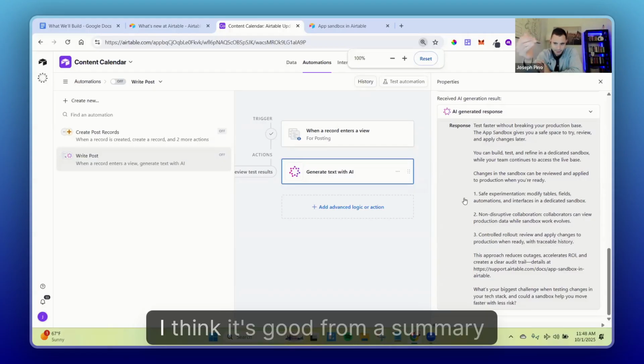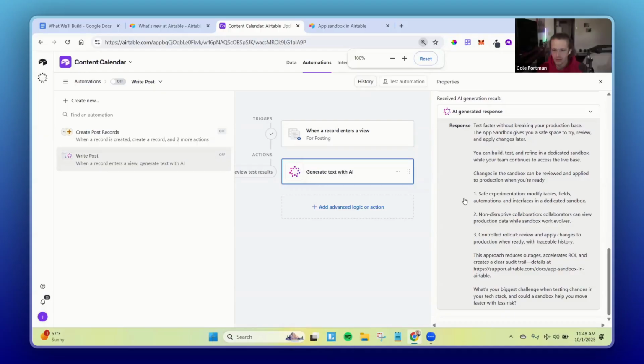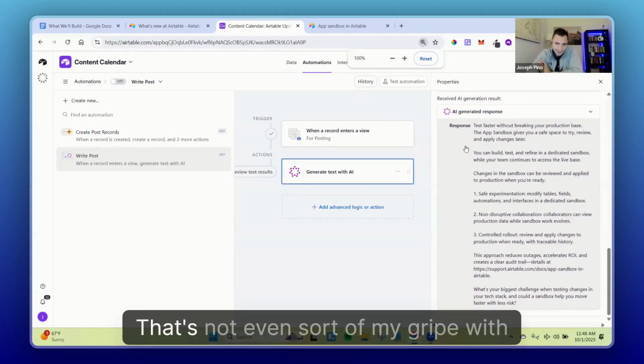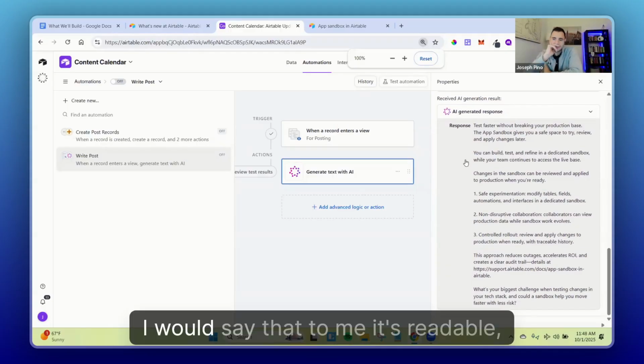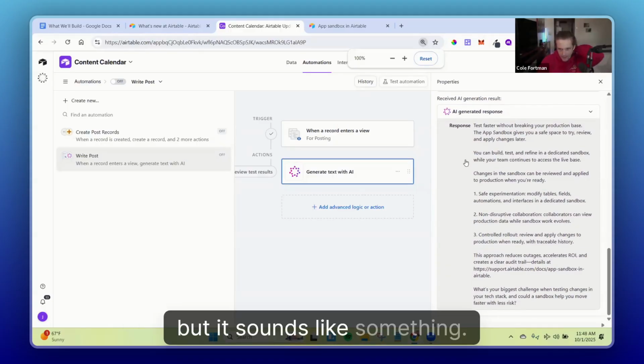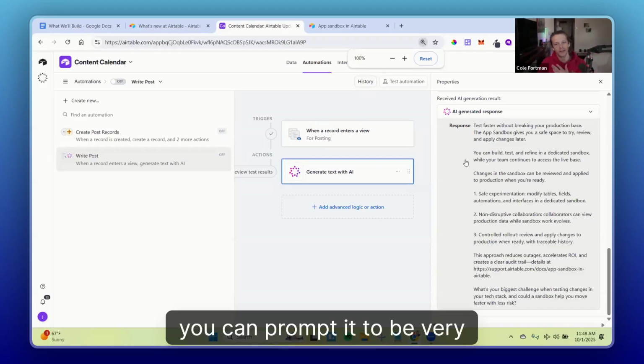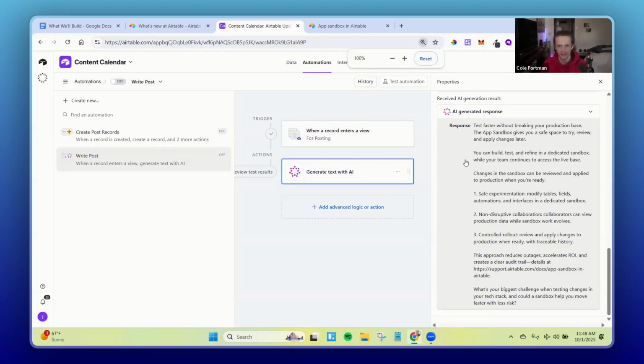So I think it's good from a summary perspective. Is this readable, Cole, for you? For me, I think it doesn't relate to you, Joe, at all. That's not even my gripe with it. I would say to me it's almost readable, but it sounds just a summary, like something it is. I mean, you can prompt it to be very content-y, but it really